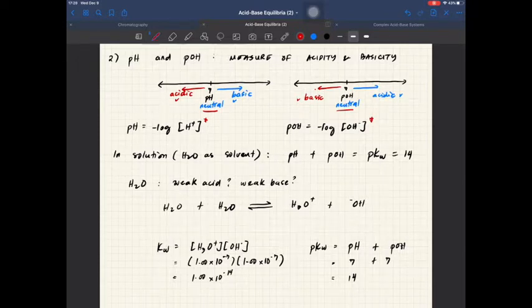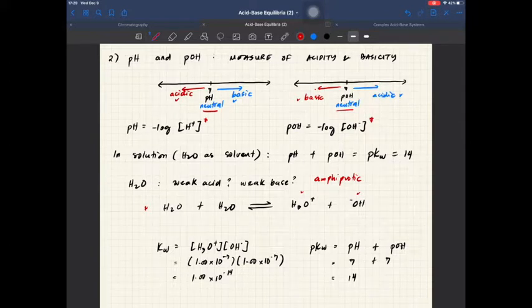So in this context, water is said to be amphiprotic. So amphiprotic can act as both an acid and a base. So consider the following equation below. We have two molecules of water that react with each other to produce hydronium ion and hydroxide ion. So one of these molecules of water donates its hydrogen and one of the molecules of water accepts the hydrogen